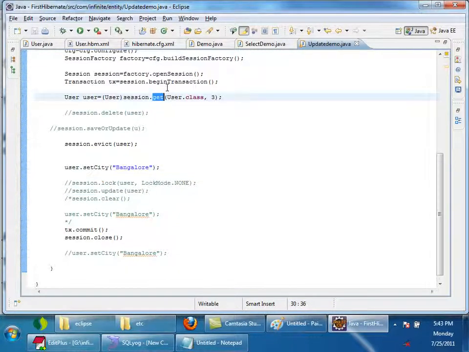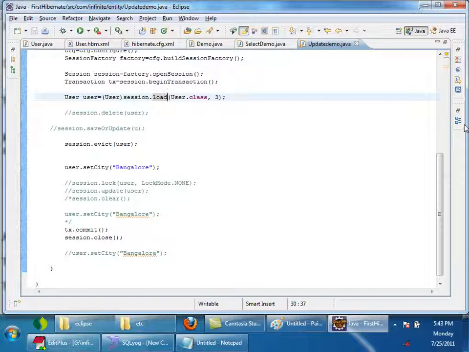If you say session.get, it is firing select queries and populating the entity, right? Okay, but there is another way to get an entity by using the primary key: session.load. Session.load will load the entity lazily.